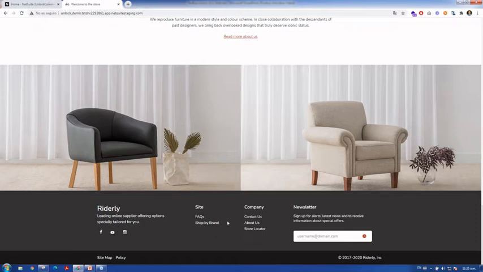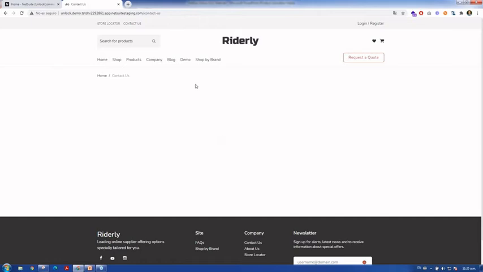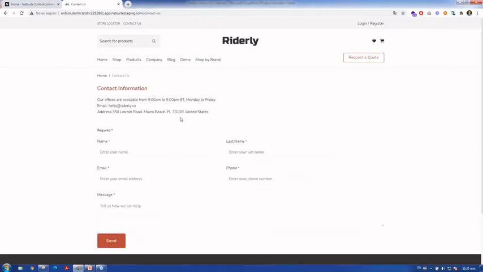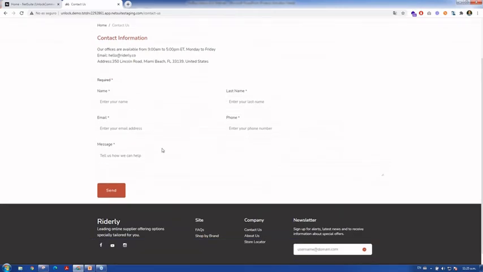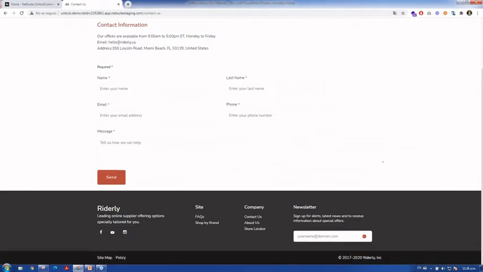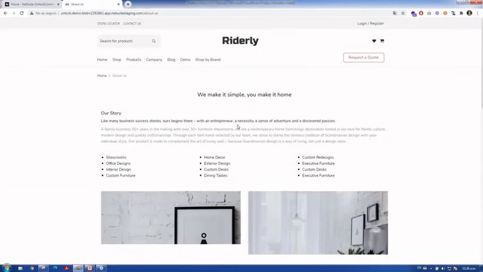We can go into the specific landing pages that we suggest, and one of those is the Contact Us page, and you can have here contact information. You can enter all the information as a lead or as a customer, and this actually creates a case in NetSuite. The About Us page, so this is another layout that we